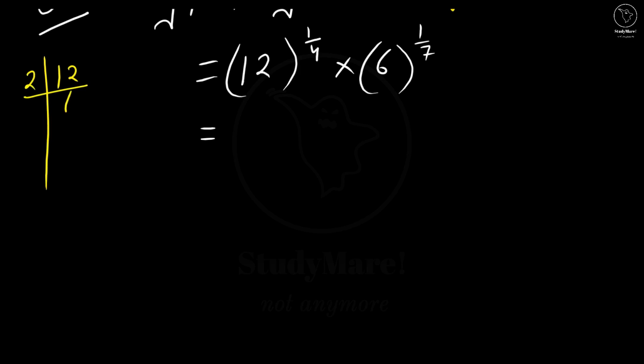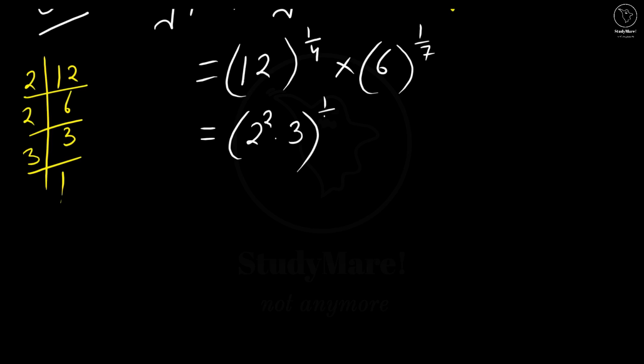2 6s are 12, 2 3s are 6 and 3. So we have 2 to the power 2 into 3, whole to the power 1 by 4. This 2 to the power 2 into 3 is equal to 12. Now next we have multiplied by 6. 6 can be simply written as 2 into 3 whole raised to the power 1 by 7, which is equal